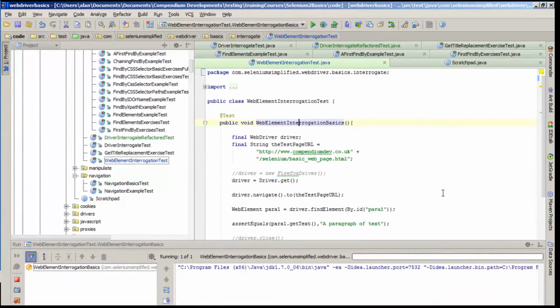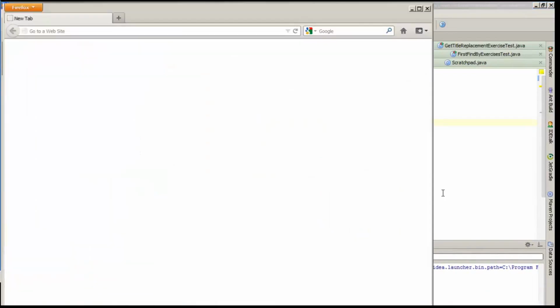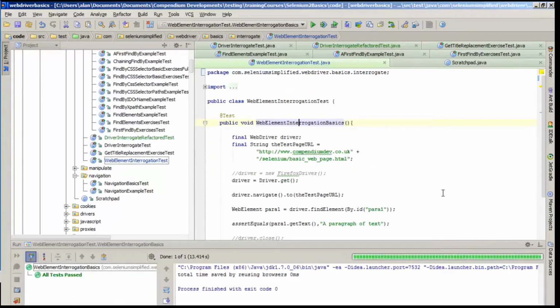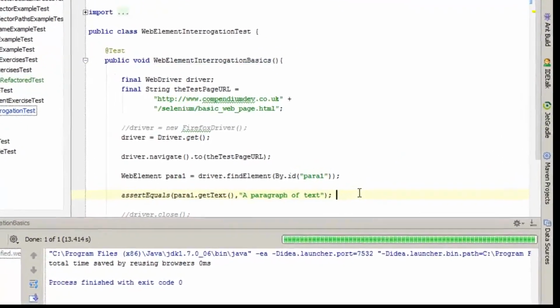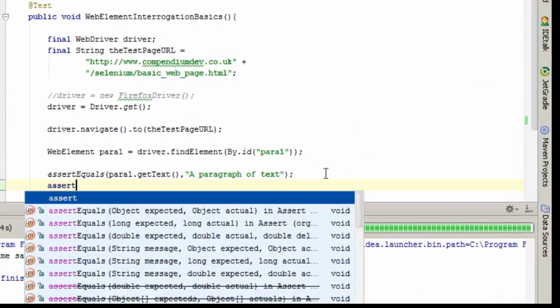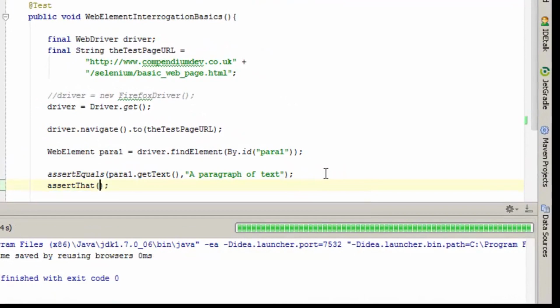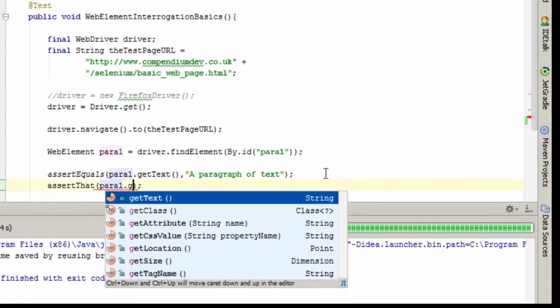So we're going to navigate to basic webpage.html when the browser comes up. Then we find that element by the ID and we check the text. Remember again, you could assert that